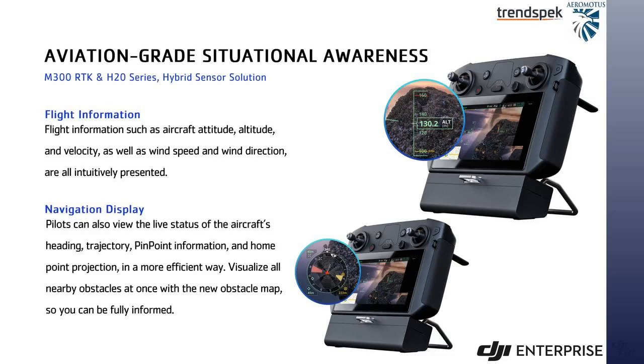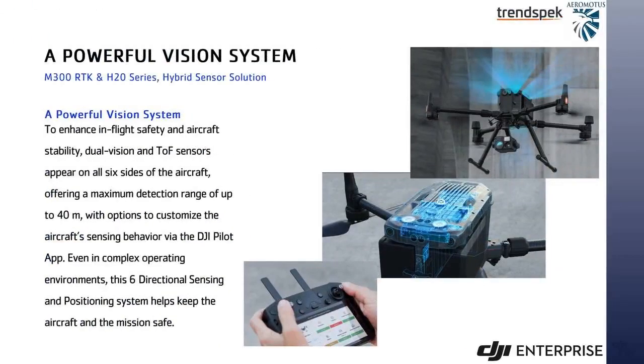for the inspection environment. A powerful vision system. In terms of what is meant by vision system, it has, as I said, 6 directional and time of flight sensors, helping it have a maximum detection range up to 40 meters. Using the pilot app, you can customize the sensing behavior of the aircraft. You can customize the distance. By rule of thumb, it's 40 meters, so you wouldn't have to worry about colliding with any obstacles with